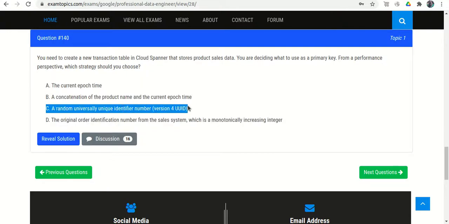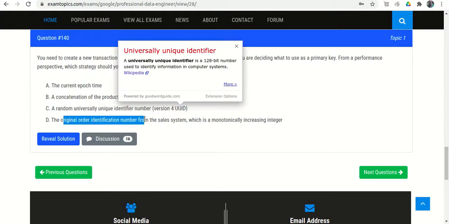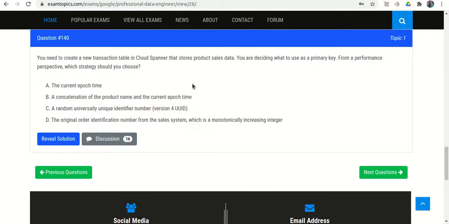We always use version 4 UUID, and it is also recommended by Google. Option D is totally wrong. Why is it totally wrong? Because Cloud Spanner is scalable, and at the back end we have so many workers. So if we choose any integer which will increase monotonically, one by one, like first id is 1, then 2, then 3, then 4, then if we have two workers or three workers, so the job will be processed by one worker,